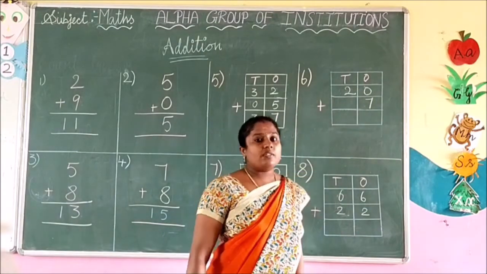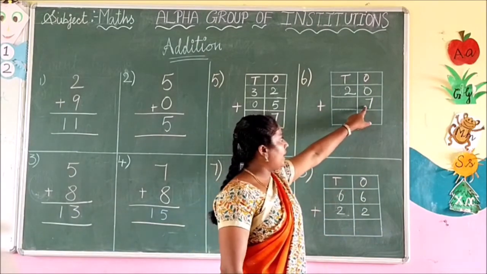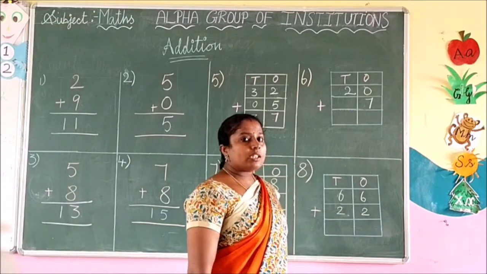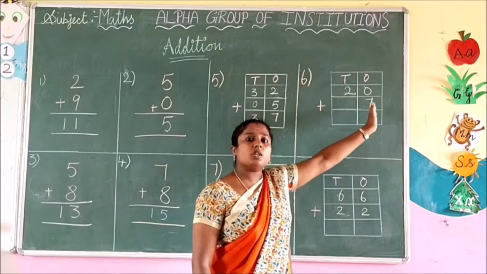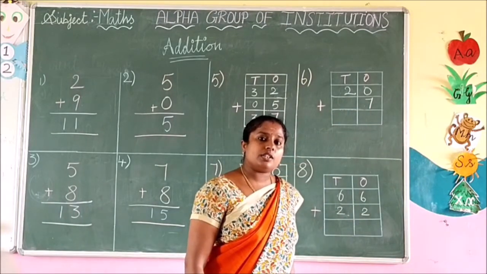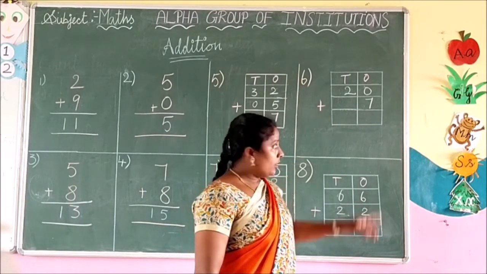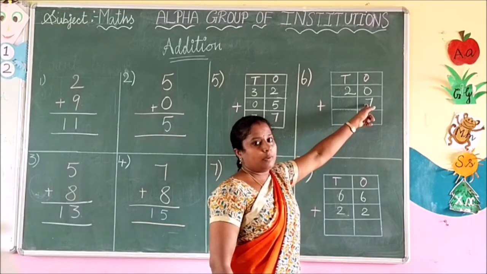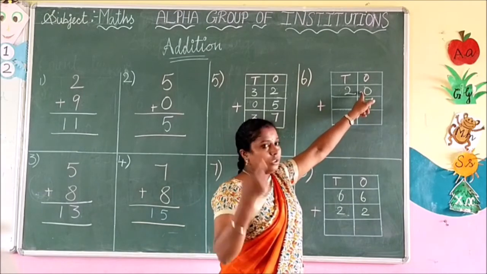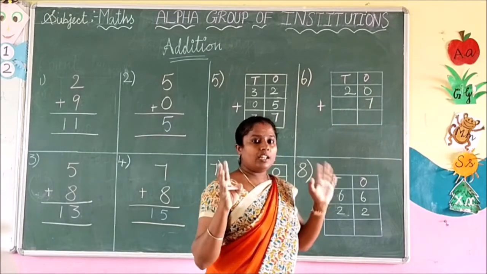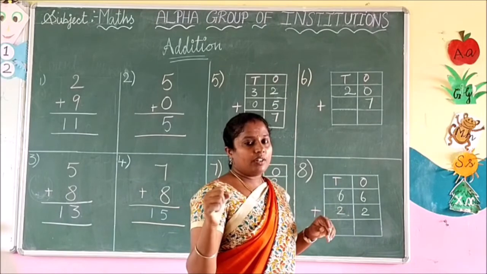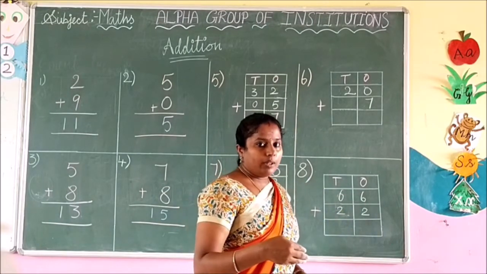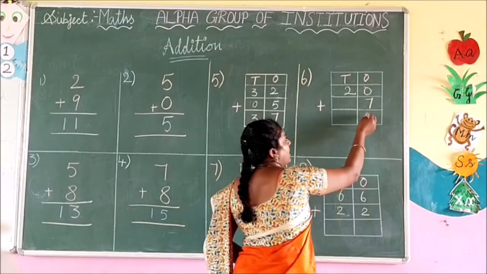So this is 20. And what number are you going to add? 7. It is a single-digit number. 20 plus 7. Which place do we have to start the addition from, tens place or ones place? We have to start from ones place. So 0 in the mind, 7 in the finger, or 7 in the mind, 0 in the finger. If we add 0 with any number, the same number will be the answer. So 0 plus 7, 7.